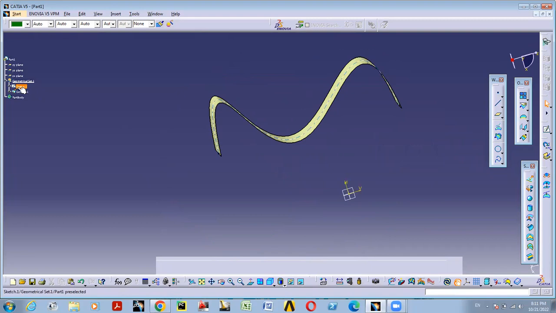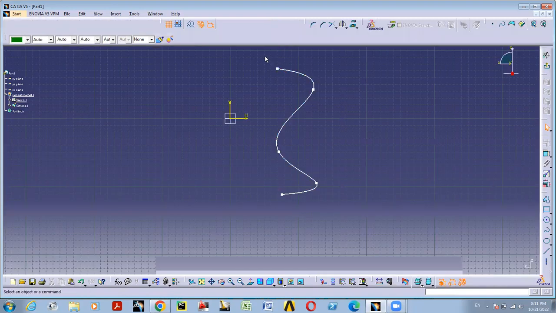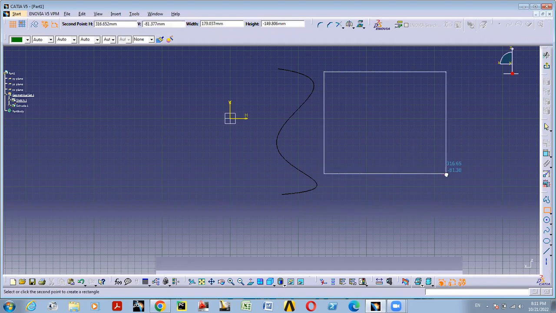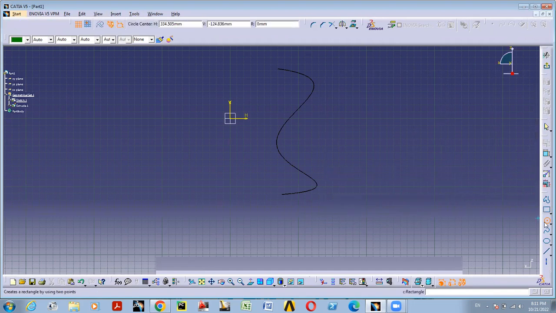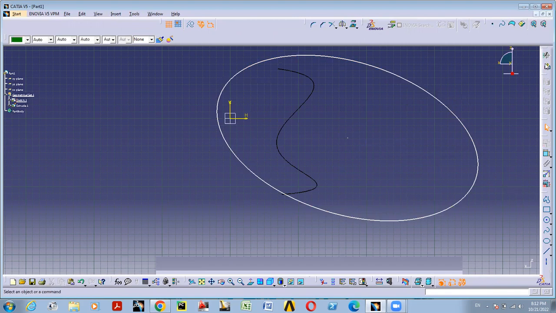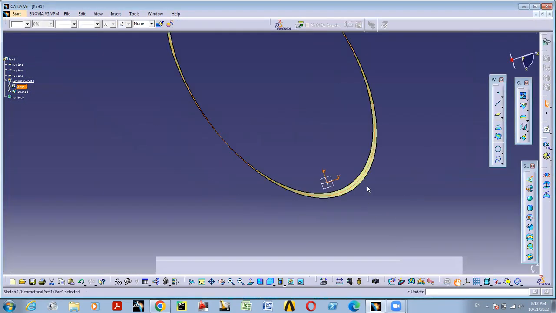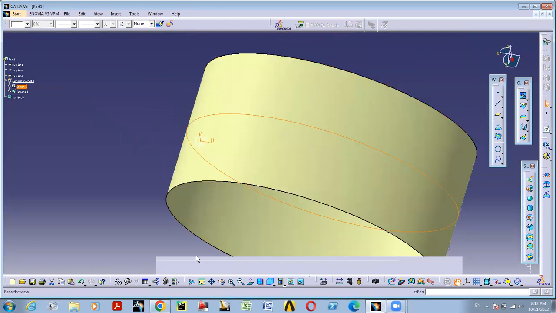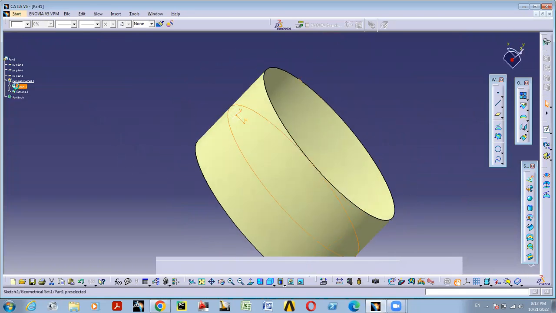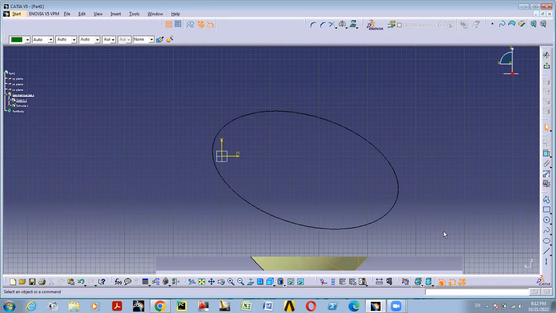If you want to change it, just go here and remove this. Suppose you are creating an ellipse, and when you update it, your surface will be elliptical. So you do not need to exit to a new tab every time. You can create anything. Simply if you want to change it from here, select this, delete it, and